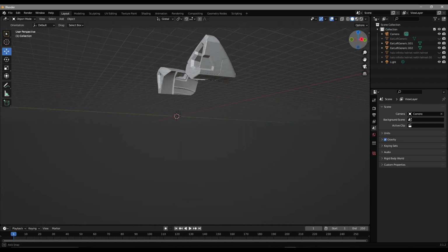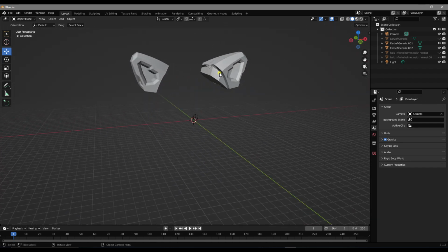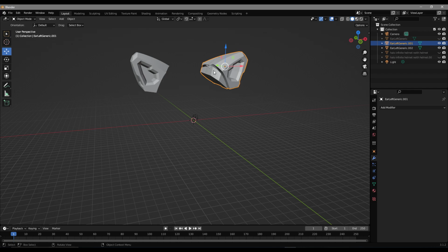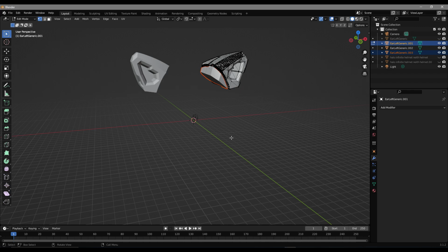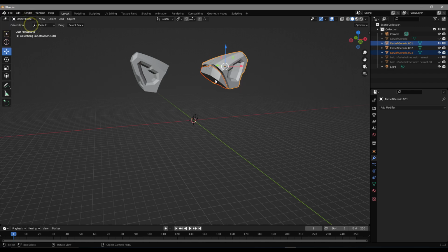We'll repeat the same process on the other ear, but this time we'll use the right-click menu to navigate our selections. Select the other ear object and go into edit mode. Press the A key to select all of the object, right-click, hover over the separate menu, then click the By Loose Parts option. Once again, delete any extra objects made during this process.